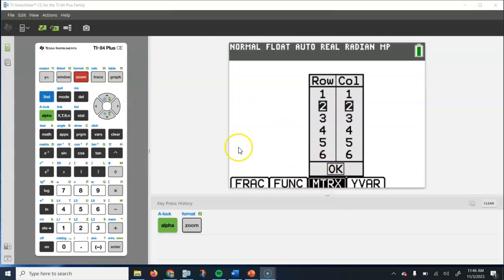So this is kind of a hidden underground secret that not too many people know about. So I'm releasing that secret now. So alpha zoom, you can access matrix. If you notice, there's some other hidden features here. If you wanted to explore those, you can see that